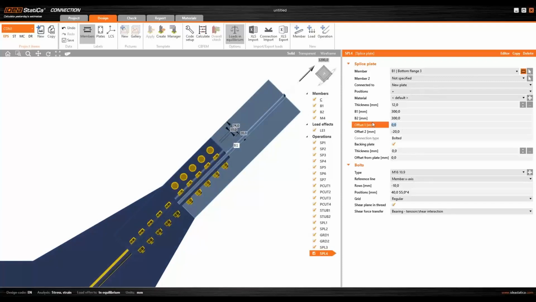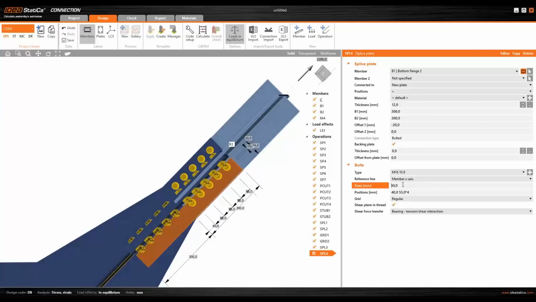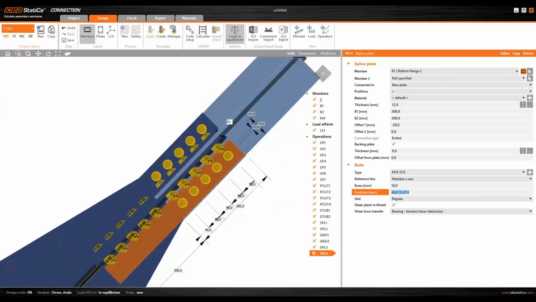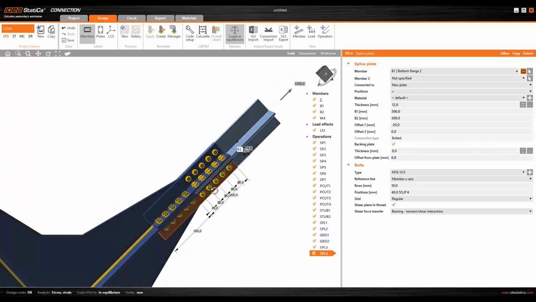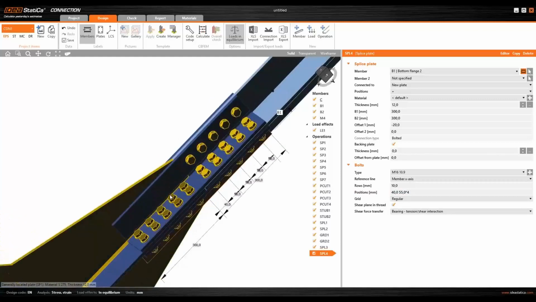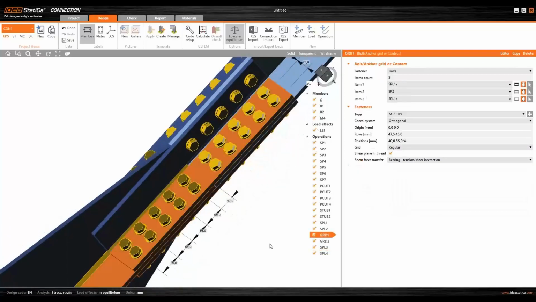So again, I change this one, change the parts of the member, and change the position of the bolts. Good, and now the last bolt grid, I will take this one and copy it,